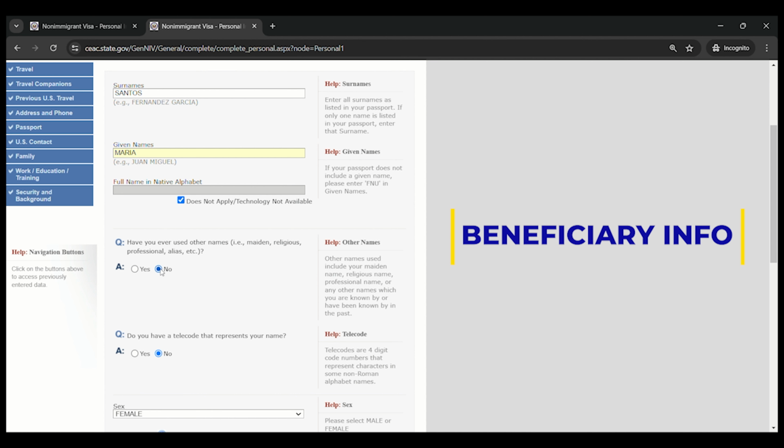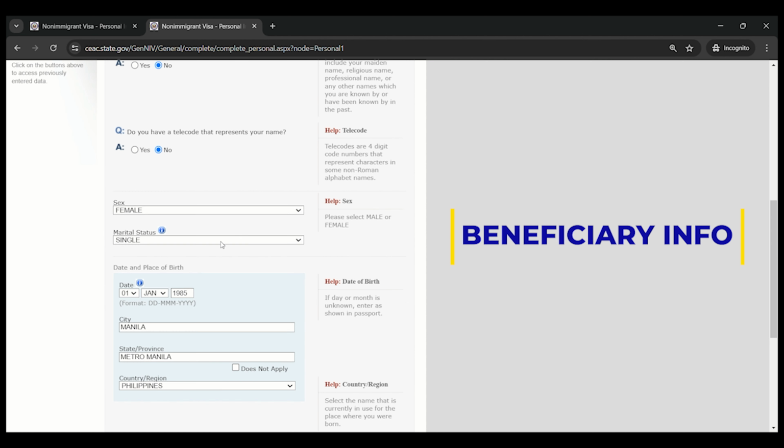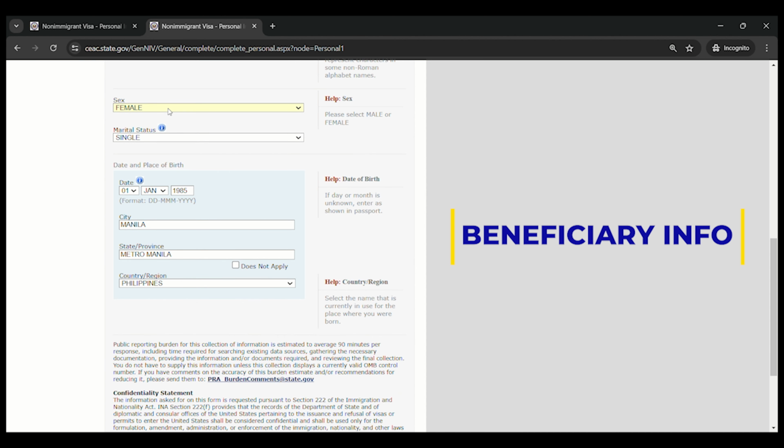So I selected no for me. Do you have a telecode that represents your name? Telecode means it's like 4-digit code numbers that represent characters in some non-Roman alphabet names. So I selected no.